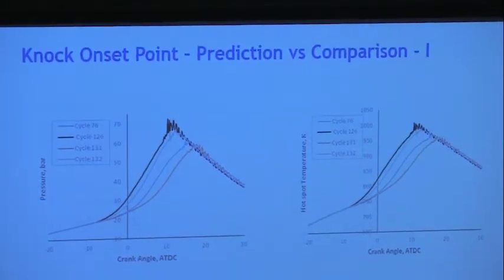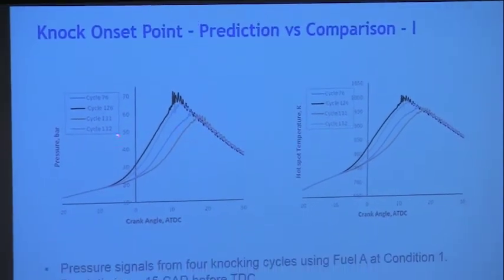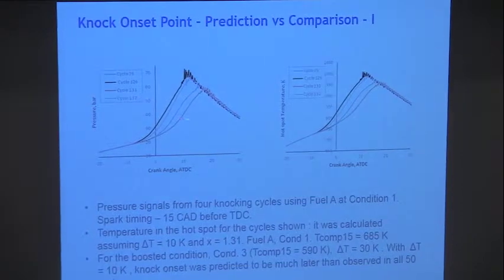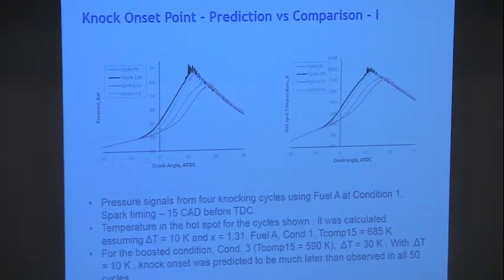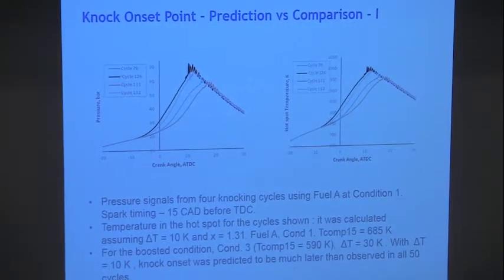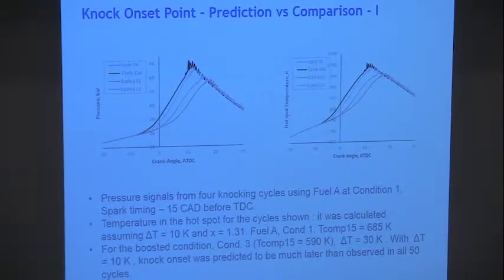This is an example where we picked 4 random cycles, okay? And what you find, again, shows the stochastic nature of engine combustion. Though the operating condition is exactly the same, there are huge differences between the pressure developments. And using the procedure I showed you, this is how the hotspot temperature changes. So we know how in each of these cycles the pressure and temperature are changing with crank angle,